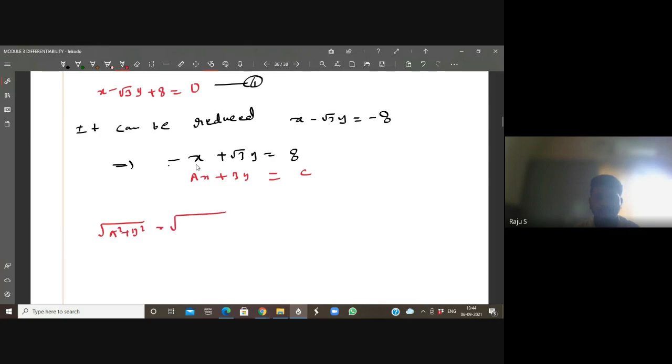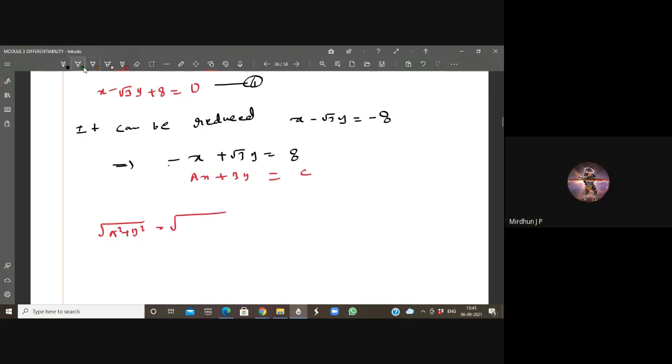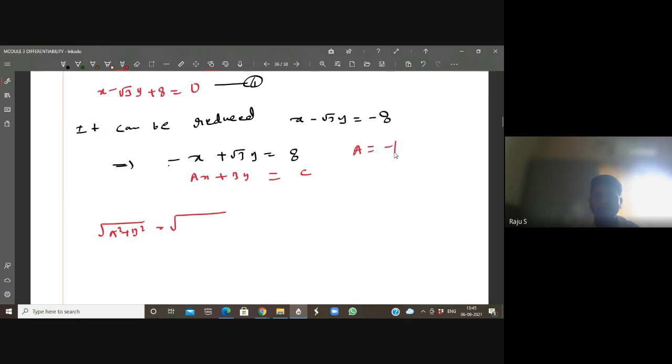What is the value when I compare here? Minus 1 and root 3, sir. Exactly. So capital A is equal to minus 1, b is equal to root 3. It is simple. Minus 1 the whole square plus